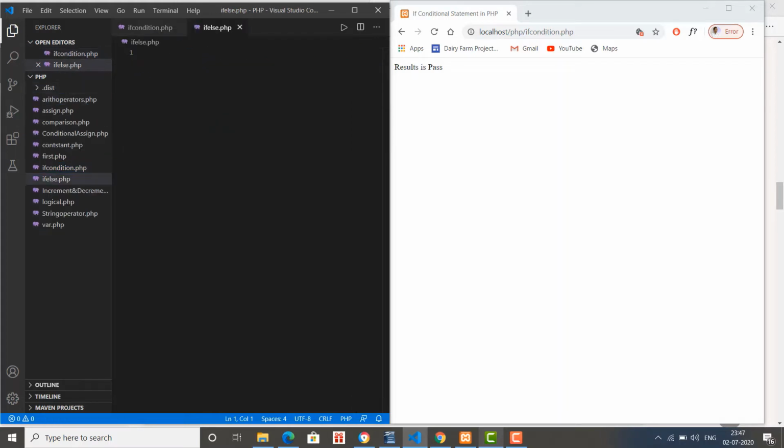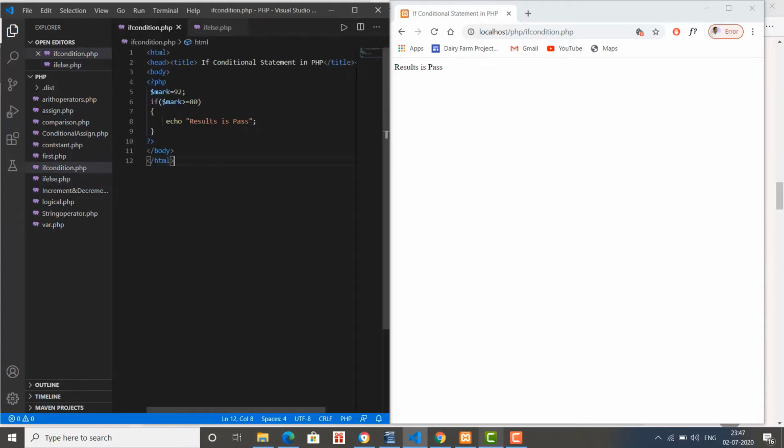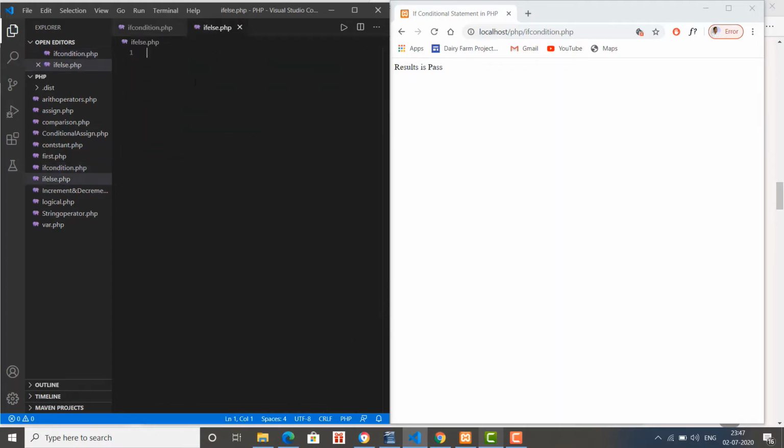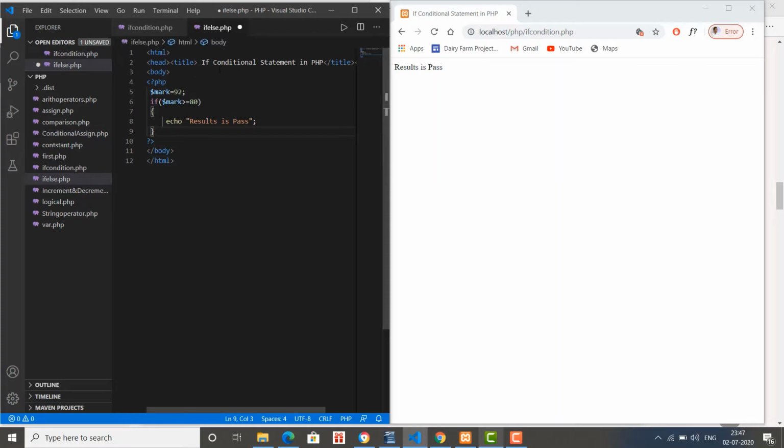Okay, and here we got the file name if-else.php, and what I'm doing, I'm just copying all this content from here using Ctrl+C and putting it here, and here we can say if else condition statement in PHP.